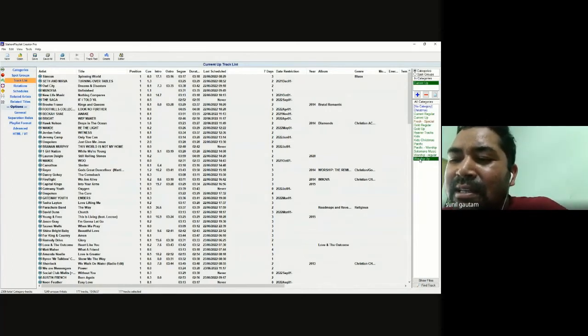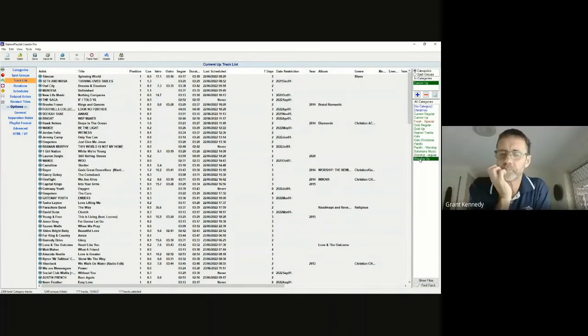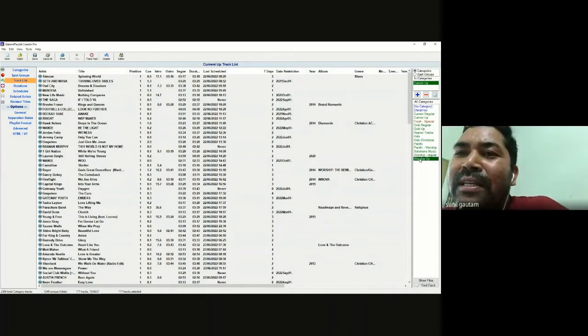Another is you can put the songs individually, like if you have 250 songs, you can put 250 songs into the categories. And one thing you can do is directly put the folder in also, right? Yes.